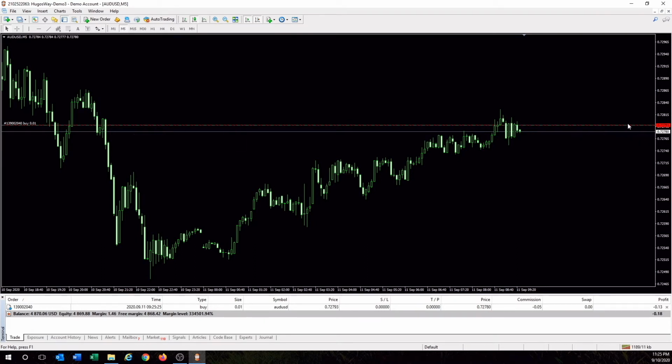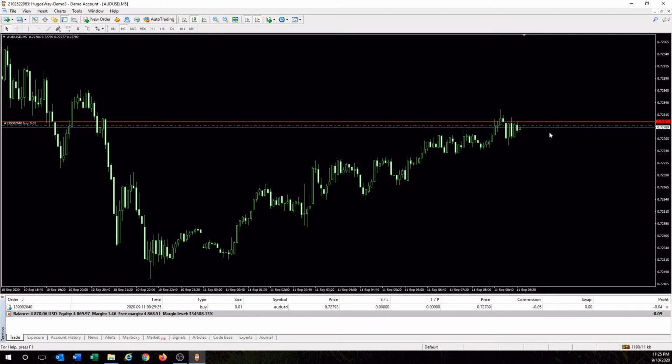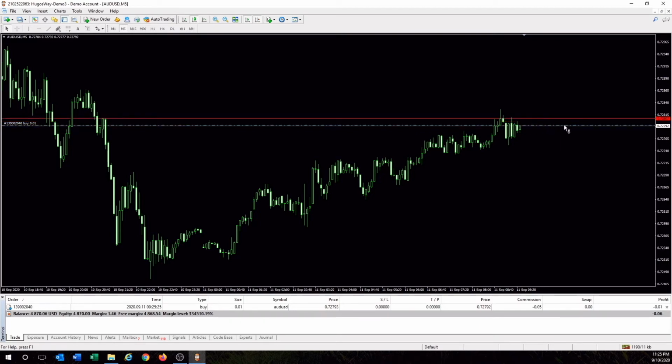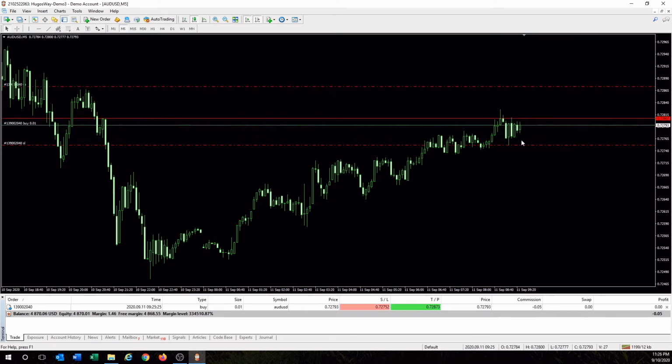Now, when we're buying, we're actually looking at the gray line. The gray line is going to be our trigger. So when we're setting a stop loss and a take profit, now we're looking at the gray line. The gray line is going to be the trigger. Remember, the red line was the buy line or the ask line. When we hit buy, it opened up on this red line. So the gray line is now going to be the trigger.